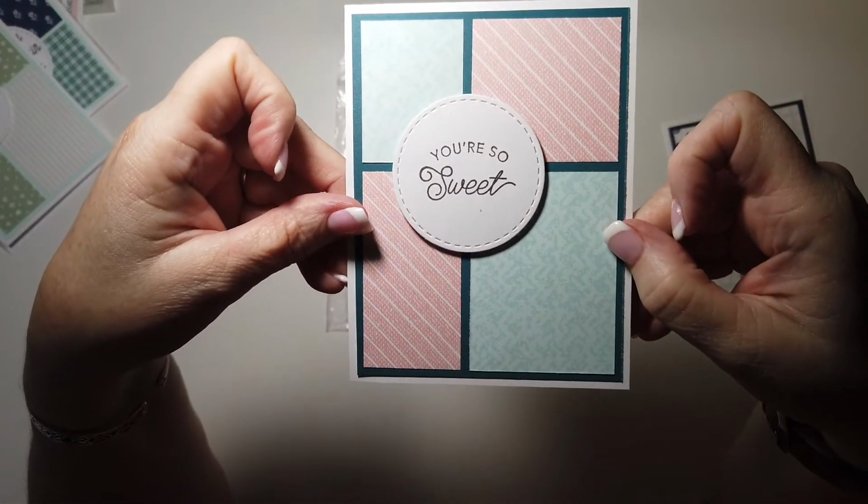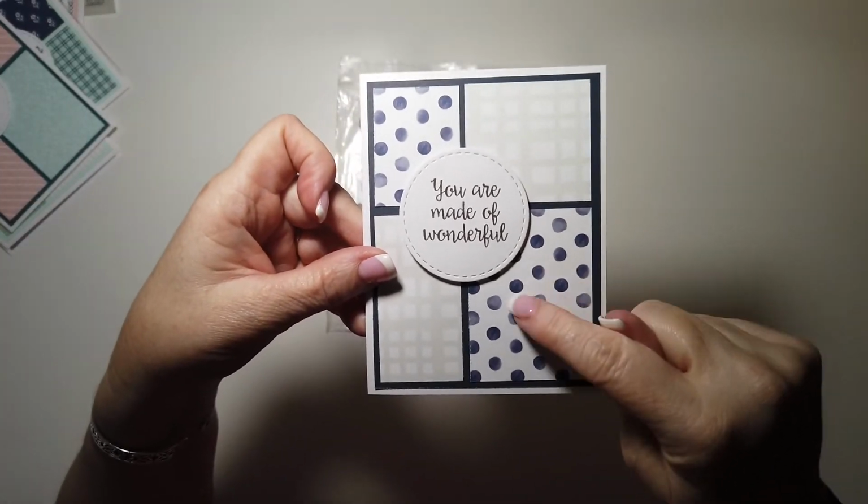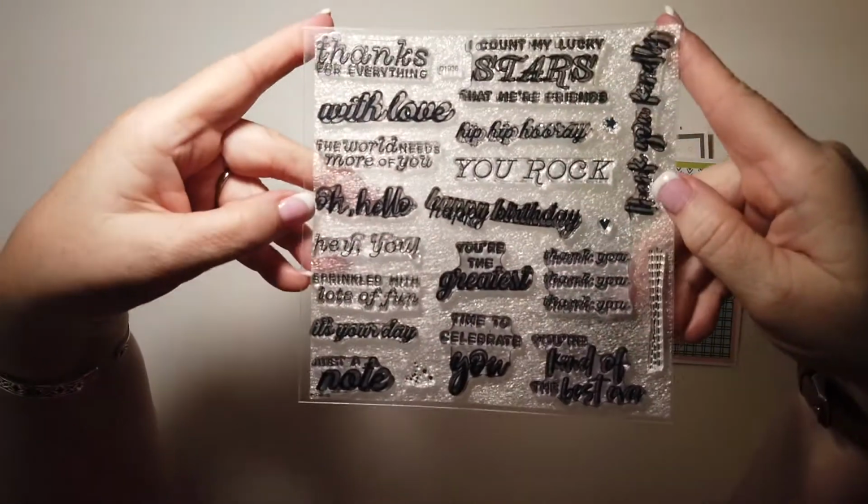And that one. And I really like that one. I love this paper. This paper is just so pretty. Okay, so there's that. And then this was the other stamp set from one of the